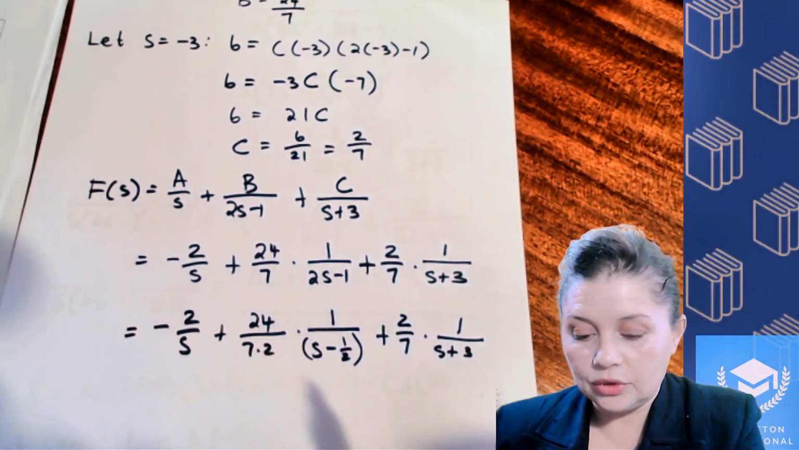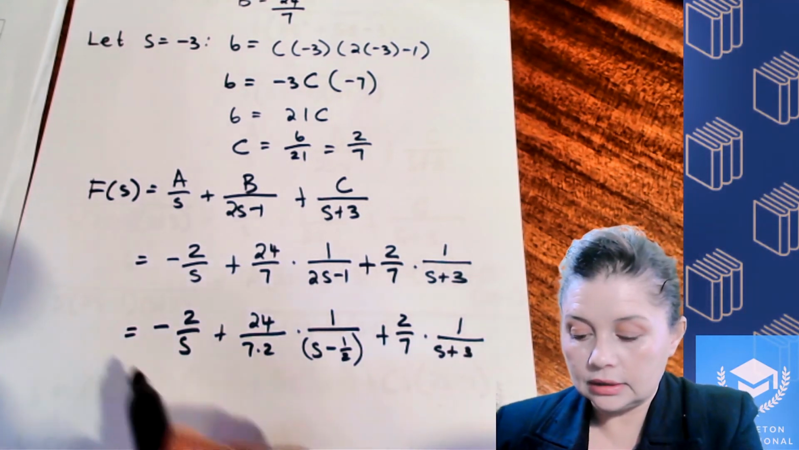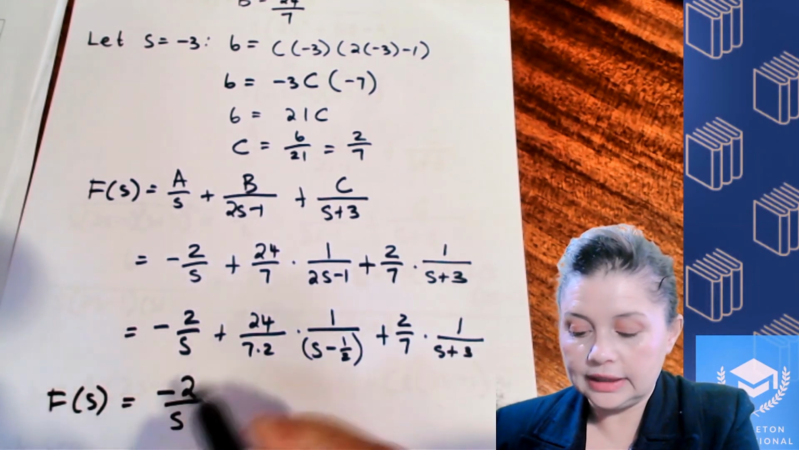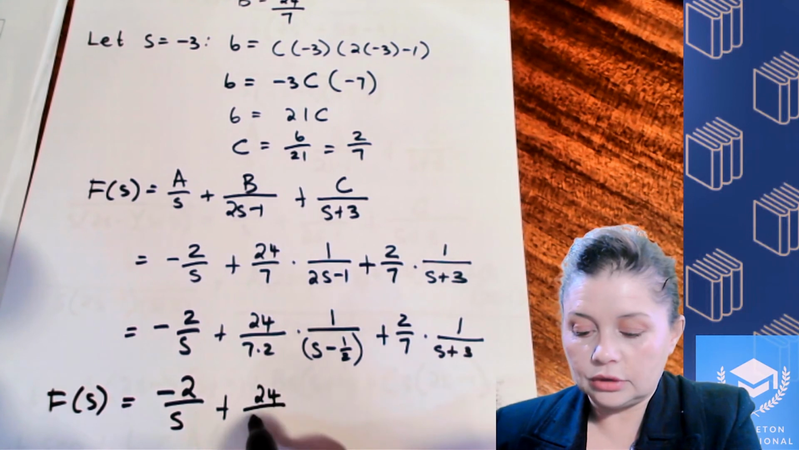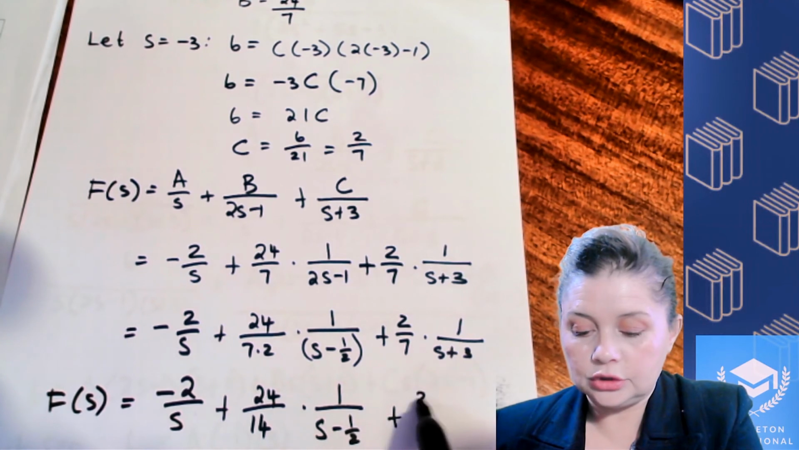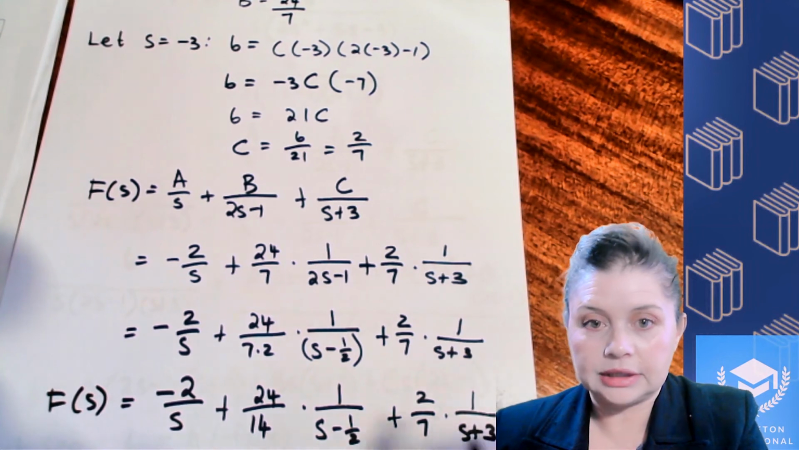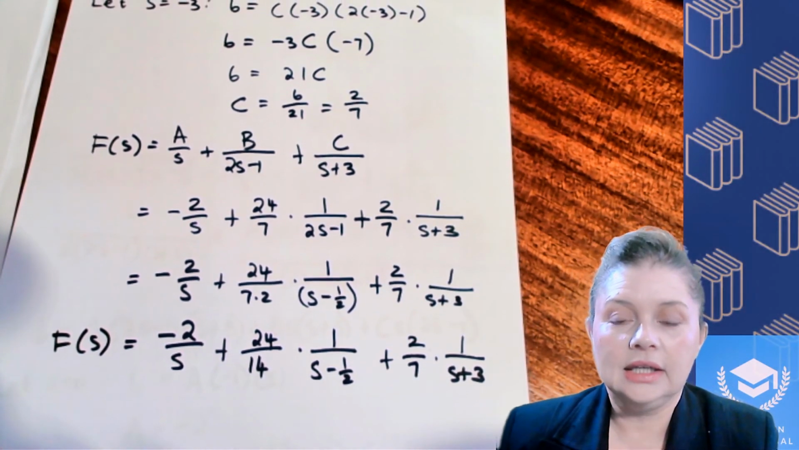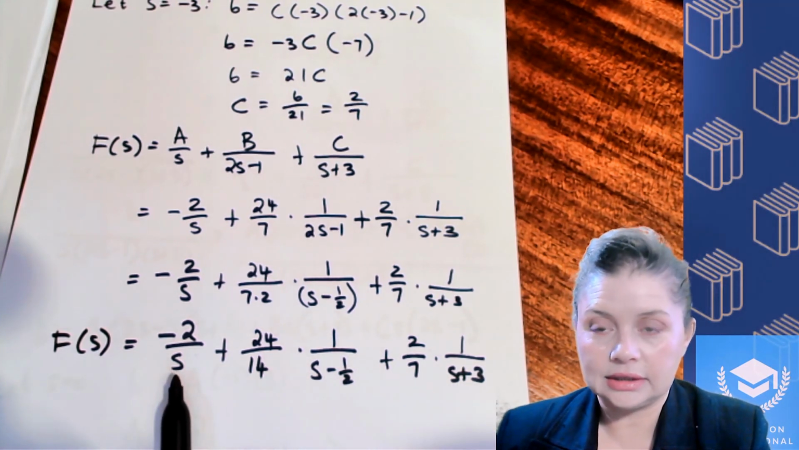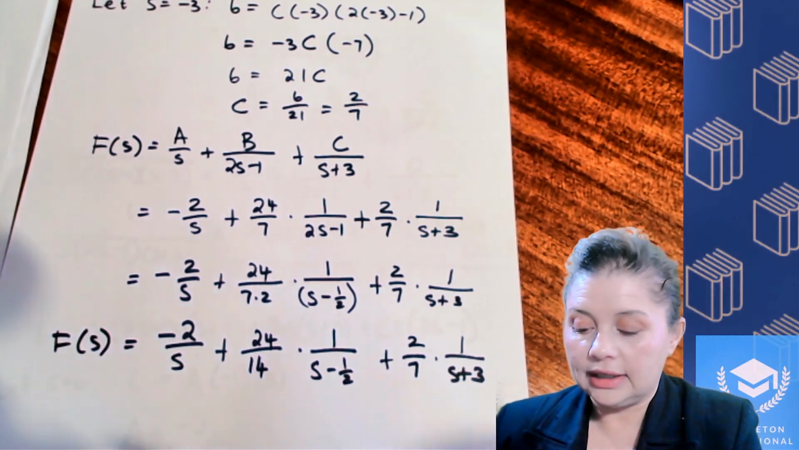Okay, so then I'm going to get F of s equals minus 2 over s, 24 over 14, plus 2 over 7 times 1 over s plus 3. Okay, so now every single term in the denominator here, for each of these terms, you have something on your table that is in the same form, right? So we can then say